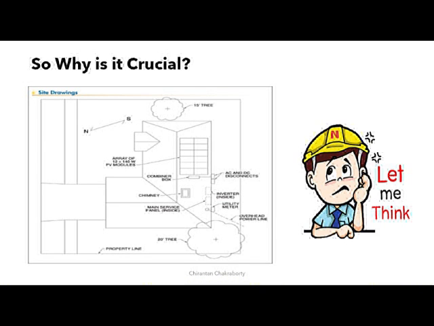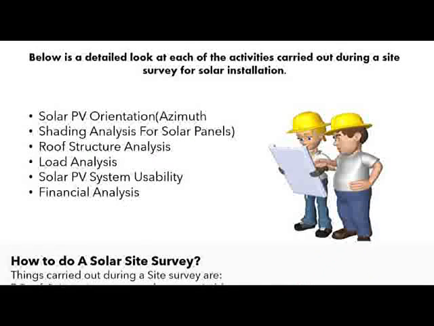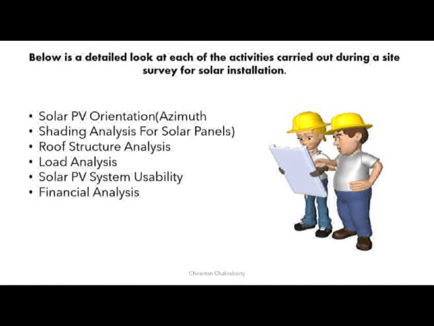What exactly is a site survey? A site survey is done to collect information about various aspects such as local conditions, physical details of the site including the roof, and the consumer's power consumption need. Some of the information collected are: number 1, local climatic condition; number 2, physical details of the site; number 3, consumer power consumption; number 4, shading of the roof. A site survey is often done manually by skilled manpower or with 3D modeling also.